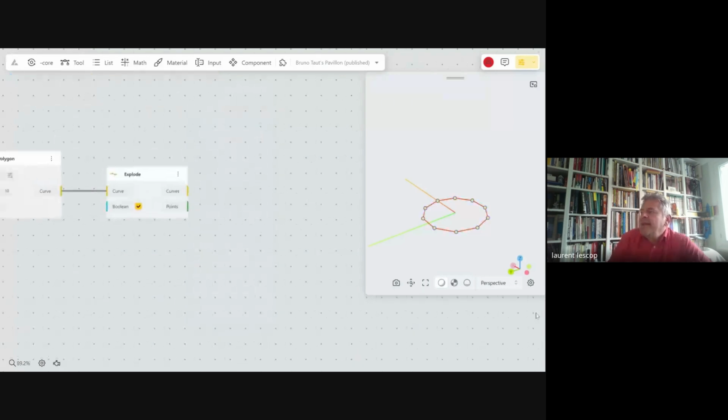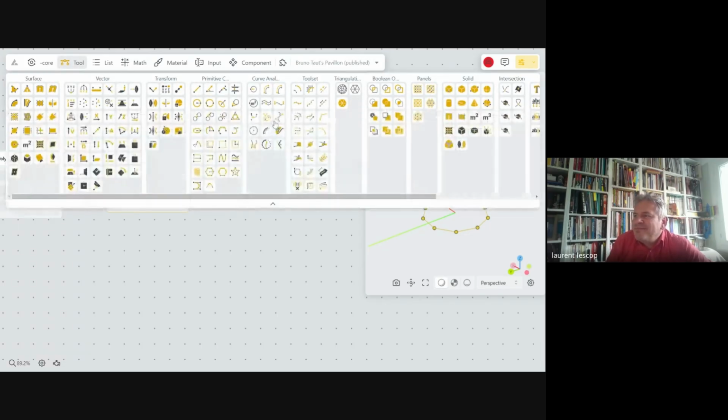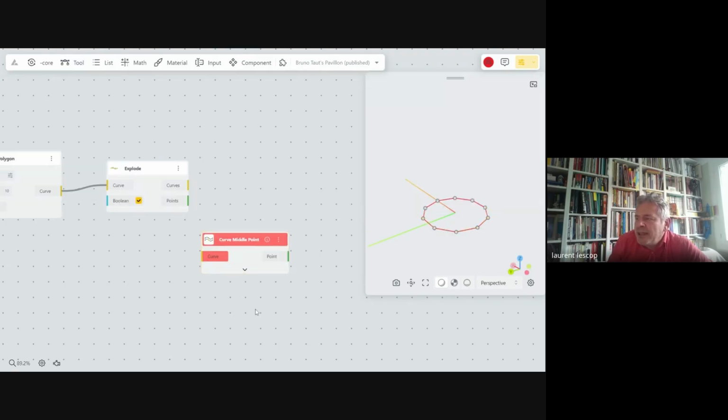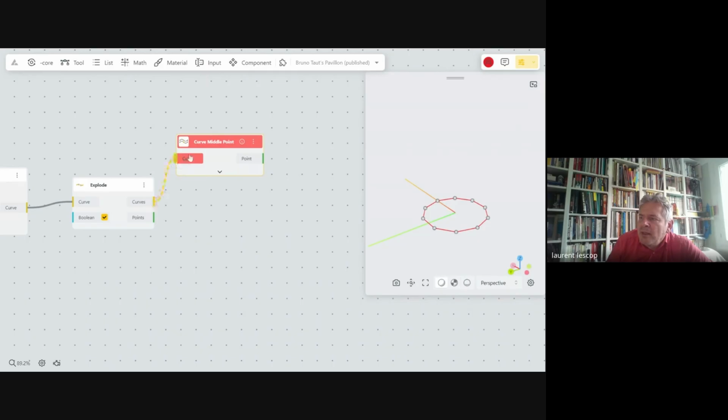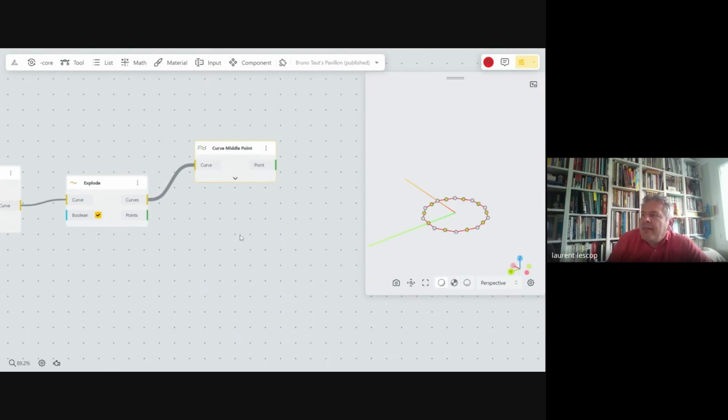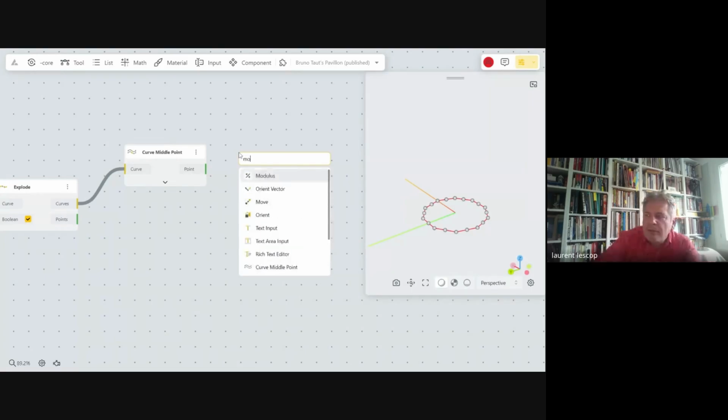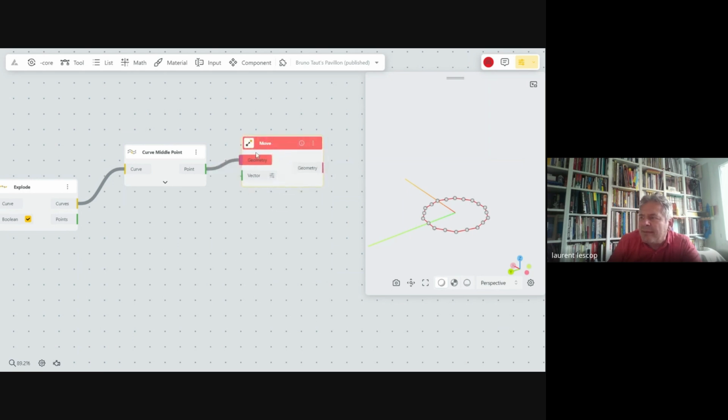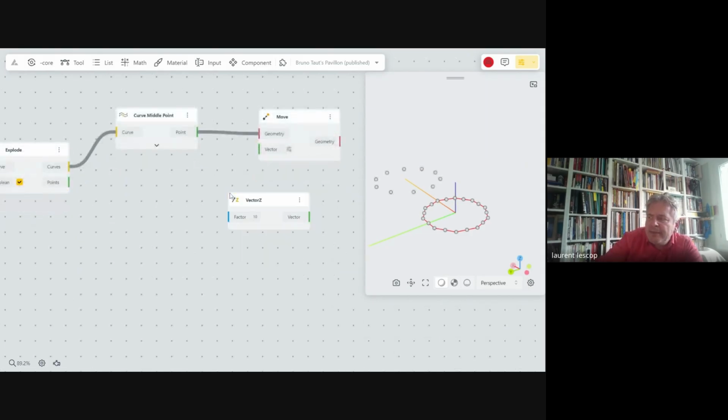So this is 10. And then I will build some triangles out of each curve. Could be tricky. What I've found, just to have more possibilities to change the shape, is to get the middle point from each curve, and then I will raise up the middle point. So the beginning is a bit tedious, but it works. So I move that vector, it has to be vector z here.